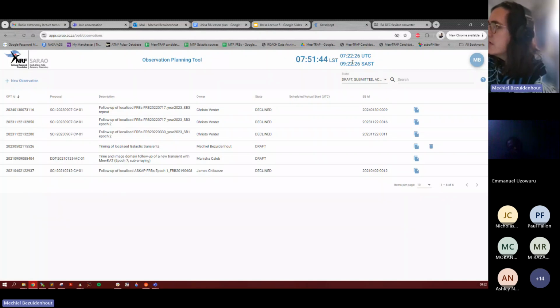It shows you in the top right, it's the UTC. So that's the time at 0 latitude, or longitude. And then it shows the local time, so it knows I'm in South African Standard Time. And then also the big one that it shows is the local sidereal time. So this is the one that you have to use to plan your